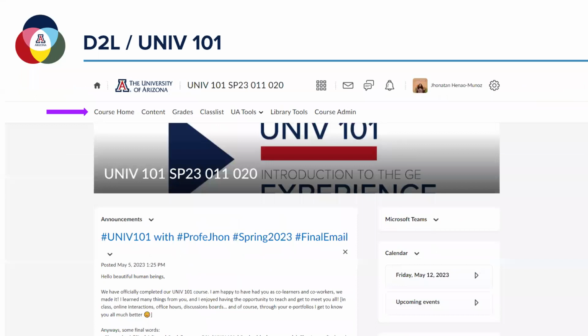There you have this set of tabs: course home, content, grades, class list, UA tools, library tools, course admin. We're going to focus on the first part of them because it's the one you're going to use the most, given that this course is pre-designed, is preset, so you don't have to create anything new. You will be taught how to import the D2L shell, but right now we are going to focus on a kind of